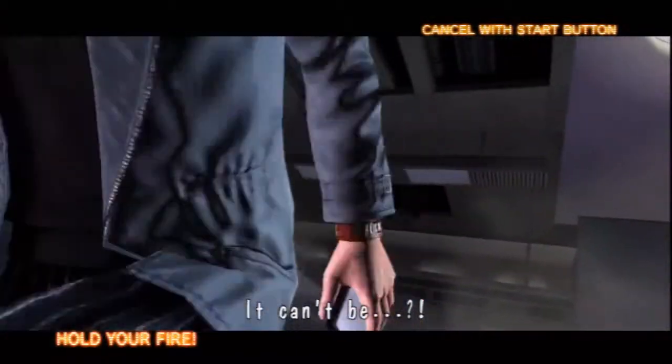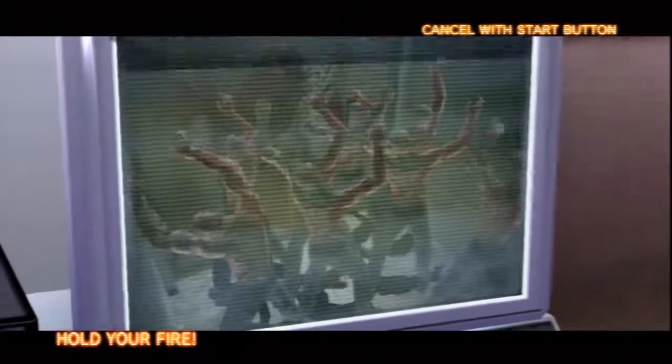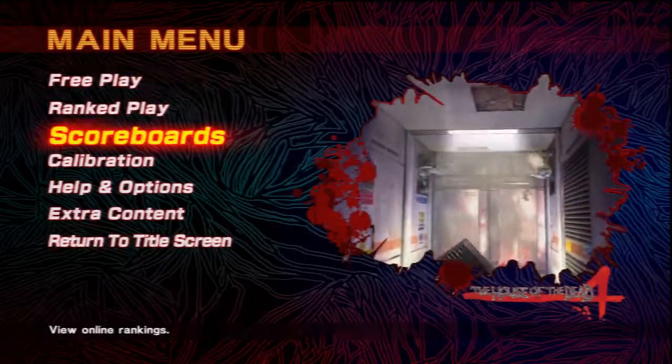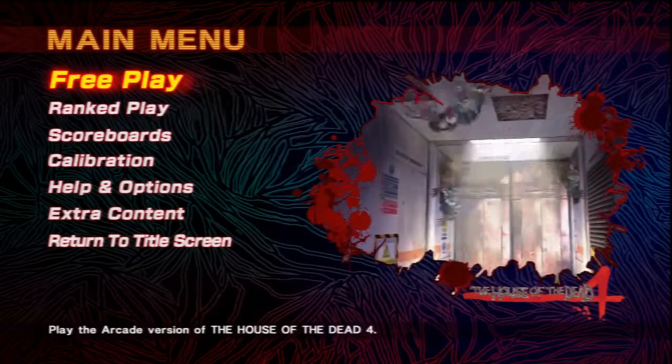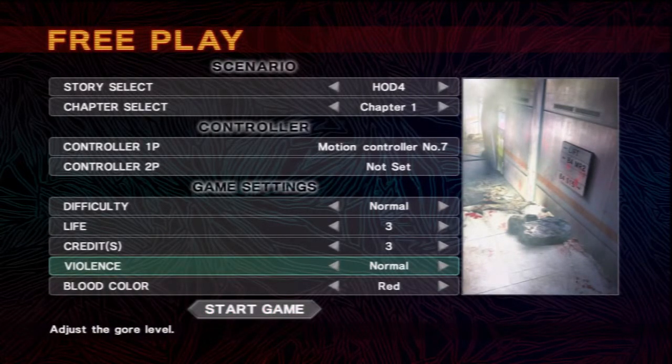For instance, there are only two gameplay modes available in House of the Dead 4, Free Play and Ranked. While you can customize your gaming experience in Free Play mode, in Ranked you're limited to 1 credit and 3 lives. Now granted, it's the only way to get on the leaderboards, but it's honestly not worth it